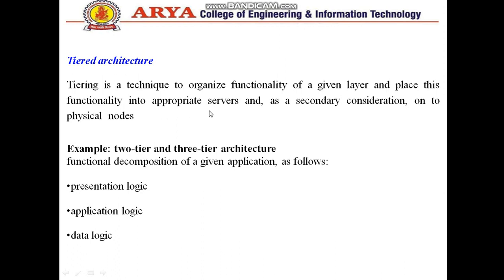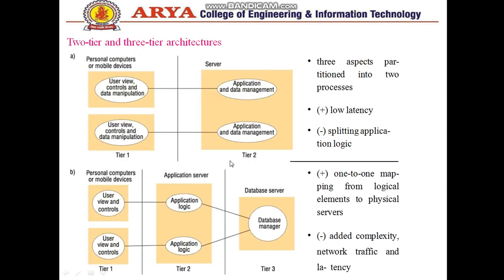Then the other approach is the tiered architecture. Tiered architecture is the technique to organize functionality of the given layer and place this functionality into appropriate servers. Basically in tiered architecture we see the placement of the functionalities into appropriate servers as a secondary consideration onto physical nodes. Examples of tiered architecture may be two tier or three tier architecture,